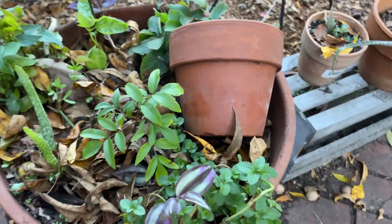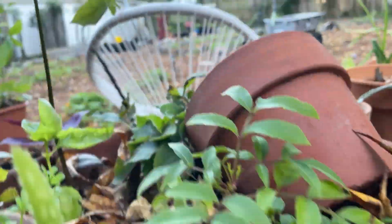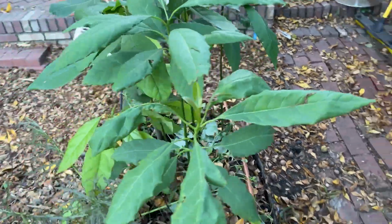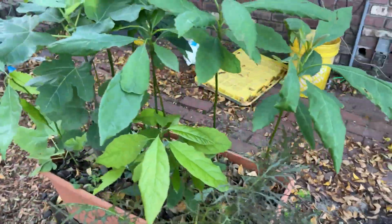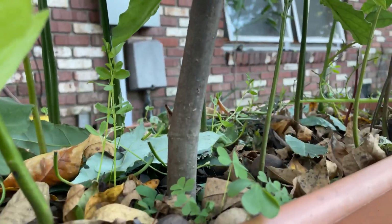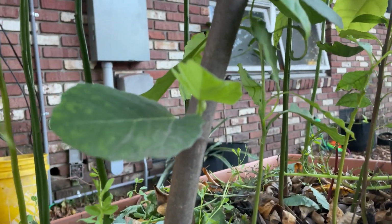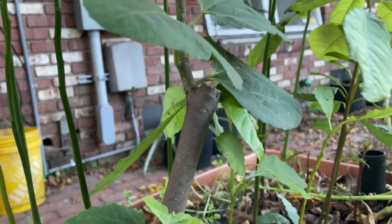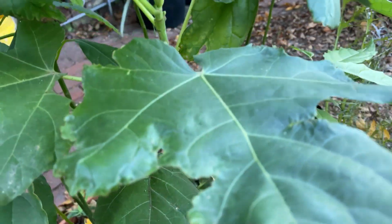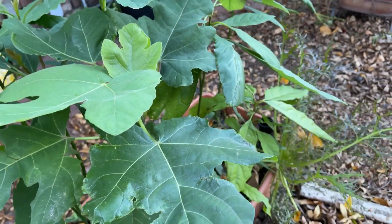also in the earth boxes. I've got a lot of avocados growing. I found out that the earth boxes have been really great for germinating avocados, way better than the toothpicks and jar of water in the windowsill. And then also got some fig cuttings in one of the earth boxes. I really like the earth boxes overall for rooting a lot of different things because it keeps that consistent moisture a lot better, I think, than the